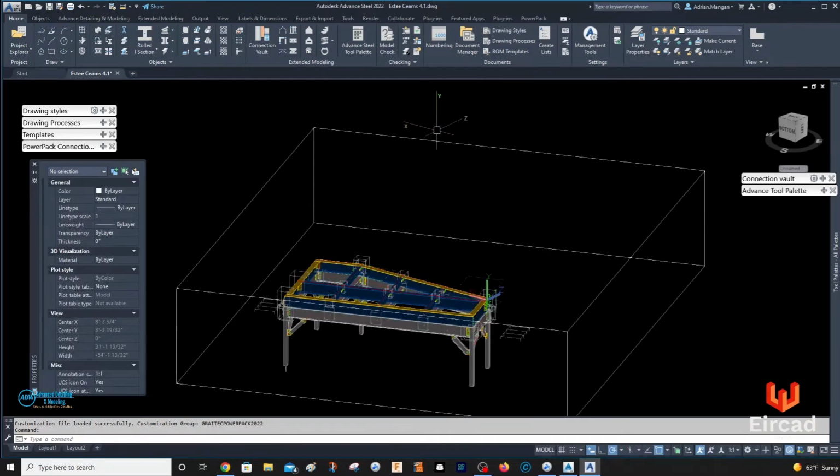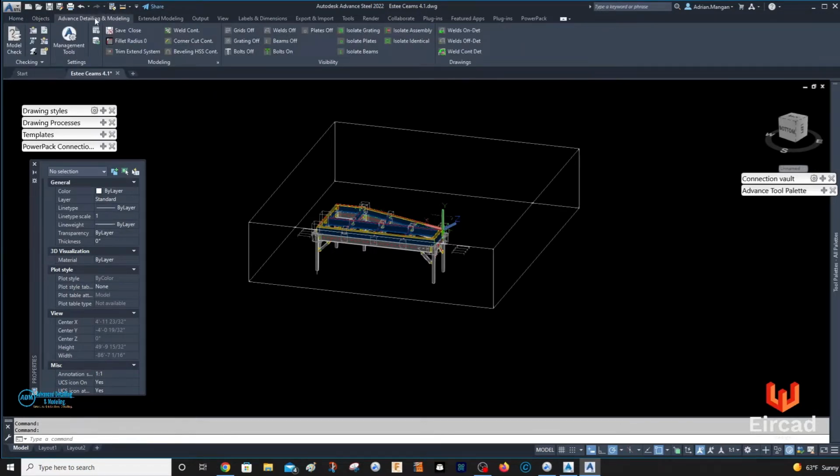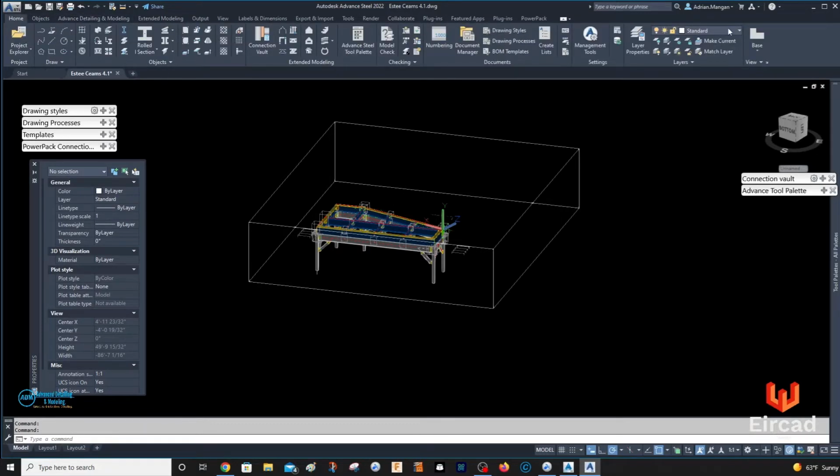Hello, so this is an AutoCAD one, just trying to do some toolbar stuff. I've just brought in my own custom ribbon, and I'm going to create a new custom toolbar. First of all, a little tip: I like to put my layers up here on the quick access toolbar. I find that useful.